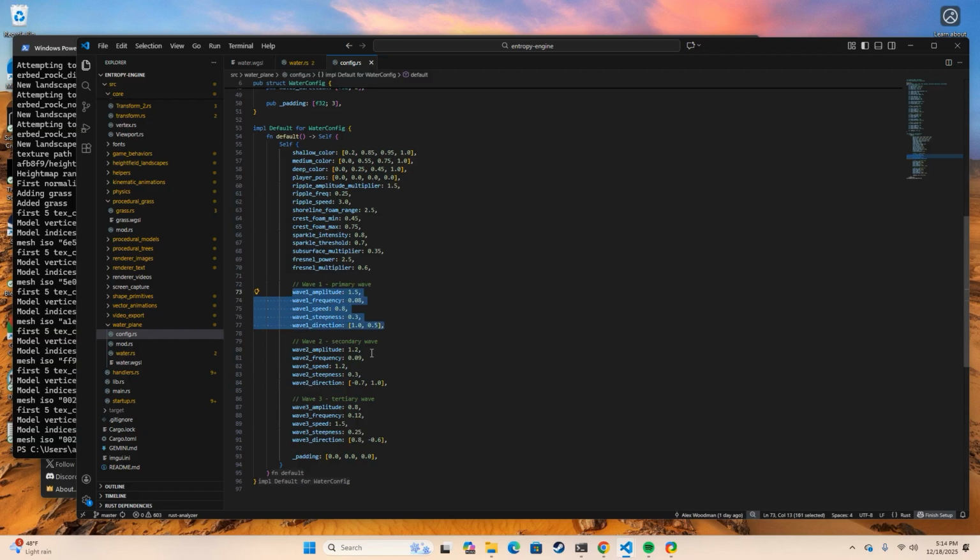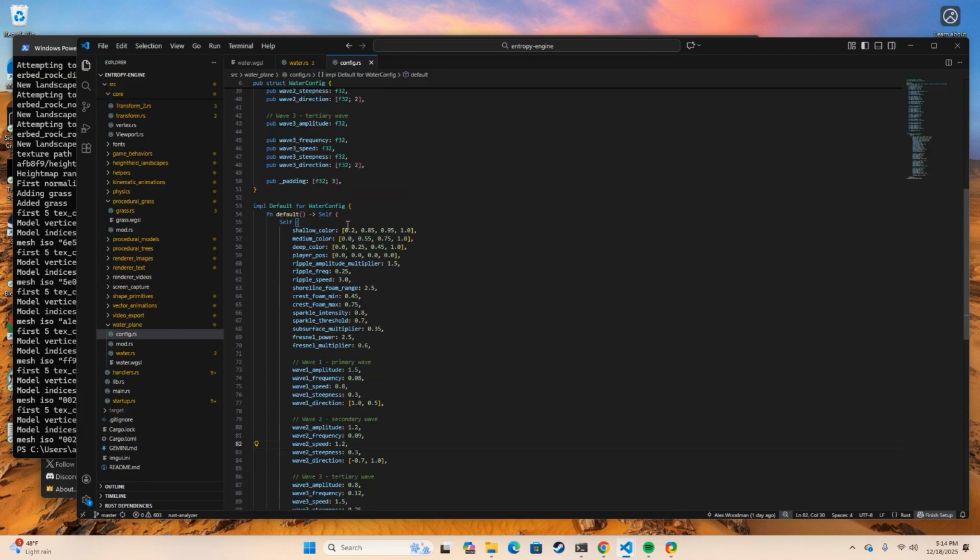We also have the waves, which are basically interleaved and combined within the shader to produce some variation. The bigger waves tend to move slower, as you can see. Anyhow,